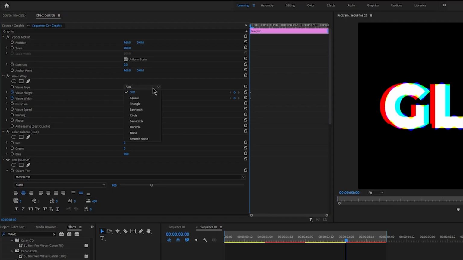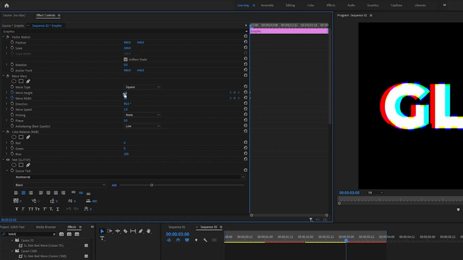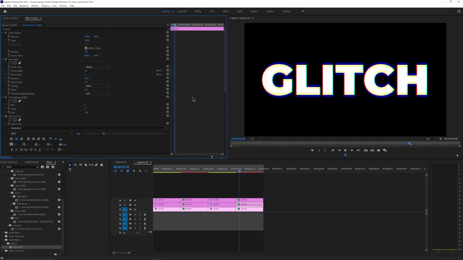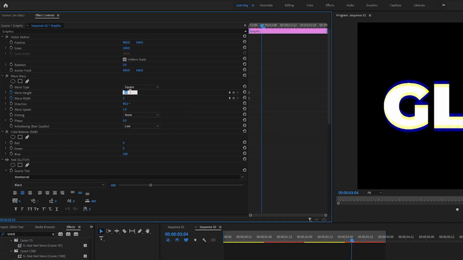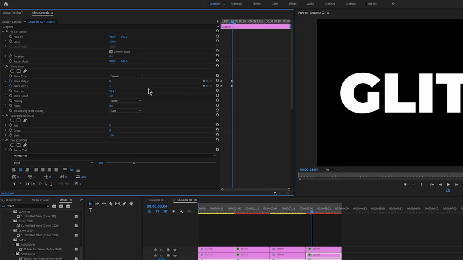So we're going to have wave type square, and the height is 20, and the width is 3, and we're going to leave the direction at 90 this time, and we're going to add these as keyframes. Sorry, keyframes are already added, and we're going to come across 4 frames. I'm going to set this to 0 and to 0, and we're going to come across 4 again, pressing right direction on our keyboard, and we're going to say